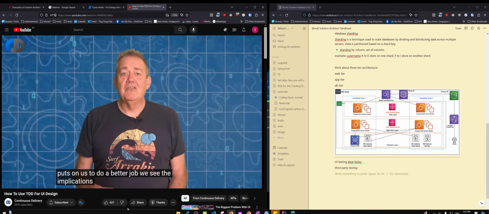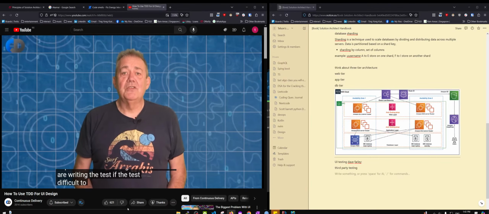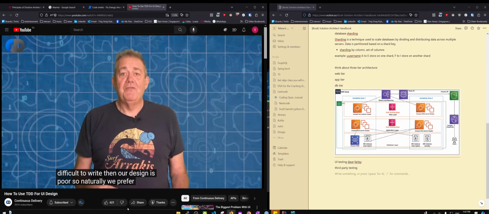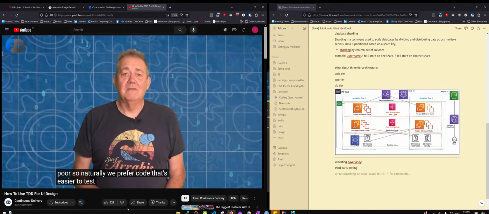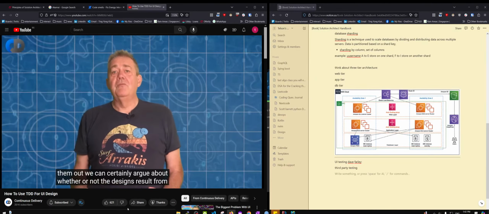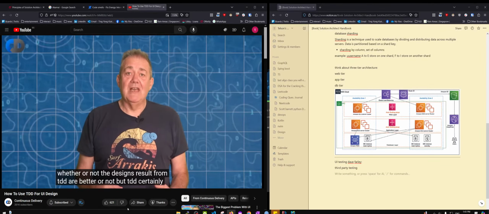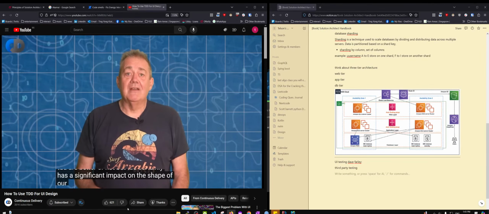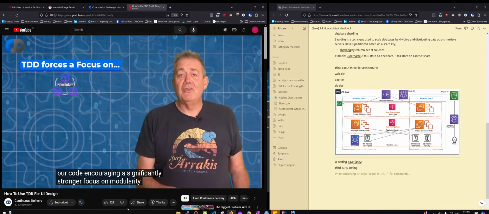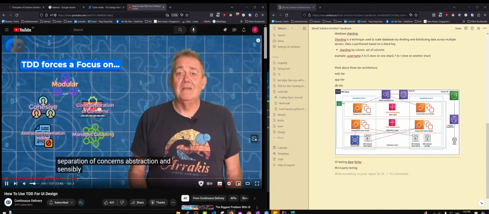We see the implications of our design choices as we are writing the test. If the test is difficult to write, then our design is poor. So naturally, we prefer code that's easier to test. Let me pause. We argue about whether or not the designs that result from TDD are better or not. But TDD certainly has a significant impact on the shape of our code, encouraging a significantly stronger focus on modularity, cohesion, separation of concerns, abstraction, and sensibly managed